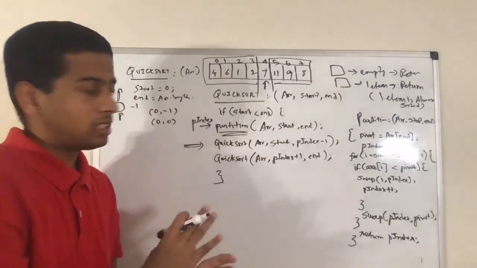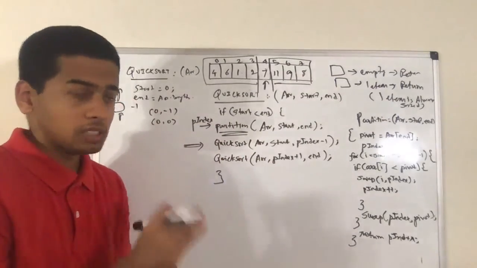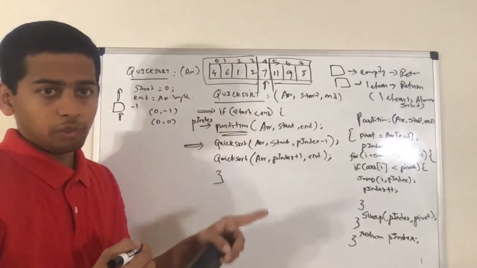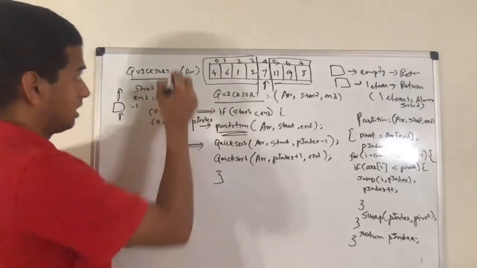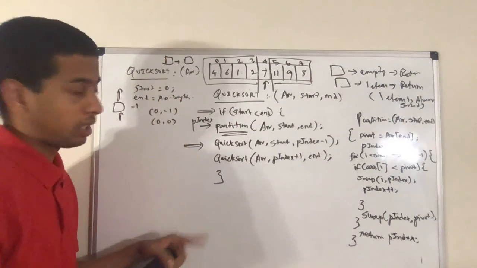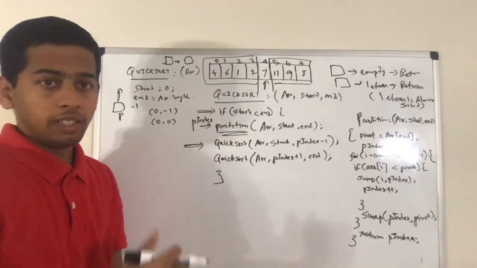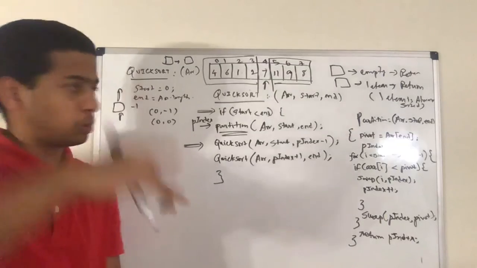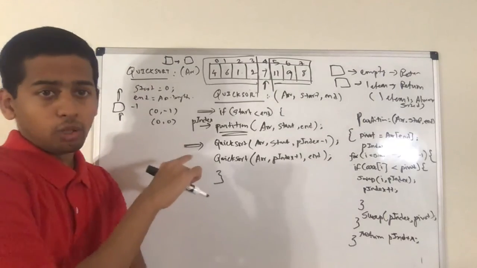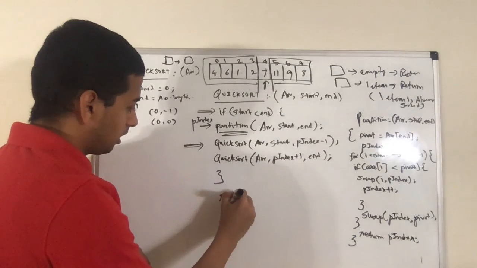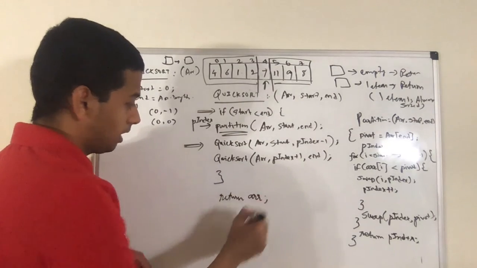Finally, once it is reaching the base condition, what is the base condition? If start is less than end, it will be the base condition, which means there is only one element in the array or 0 elements in the array. During that condition, it will stop and the recursion will keep on going back through the stack all the way up to the parent call, and it will finish the sorting. And finally, we can simply return the original array. That will be a sorted array now.